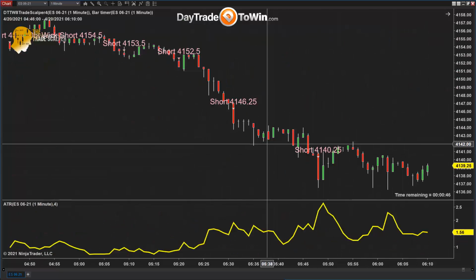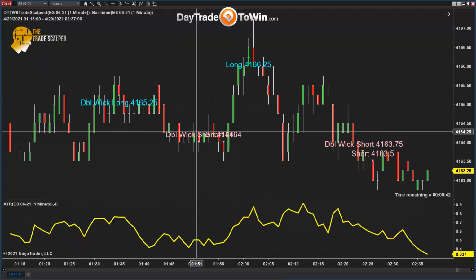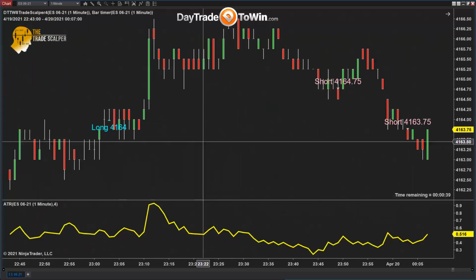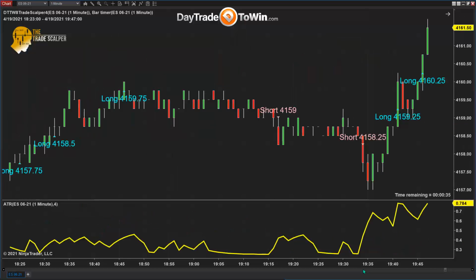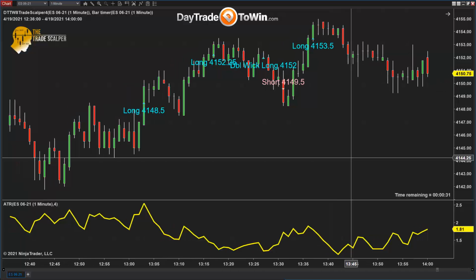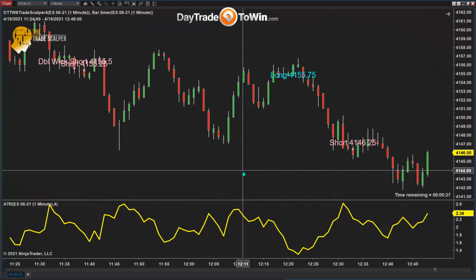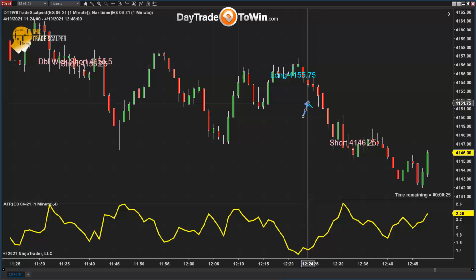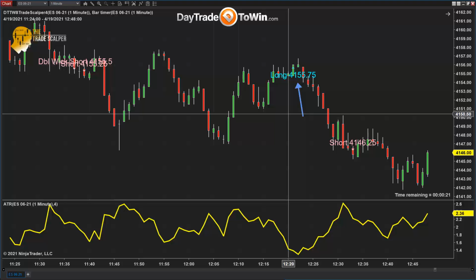And let me see if I can show you another example of that. This is just scrolling through the charts. I'll take a look at yesterday and see if I can show you some examples as well. Let's take a look. So take this example here. This happened at about 12 o'clock, and this is a losing trade, by the way. So I'm going to show you the good and the bad, right? Not every signal is going to be a winning trade.